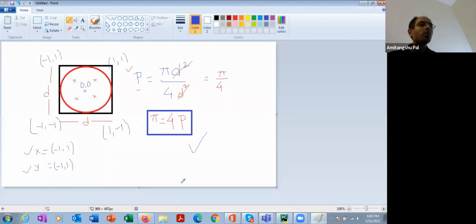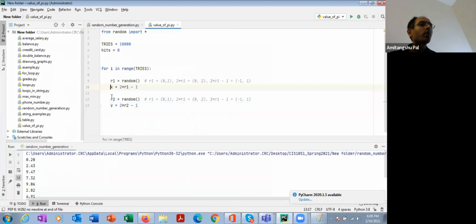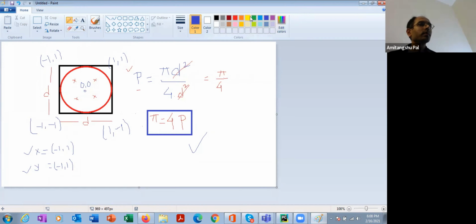Now I need to check whether x and y is inside the circle. So what is the condition? Suppose you generate a random x and y, and the coordinate is, say, over here. How can we find out whether this point is inside the circle or outside the circle? If this is random x and random y, then it is inside the circle if (x minus center) square plus (y minus center) square is less than or equal to the radius square, right?